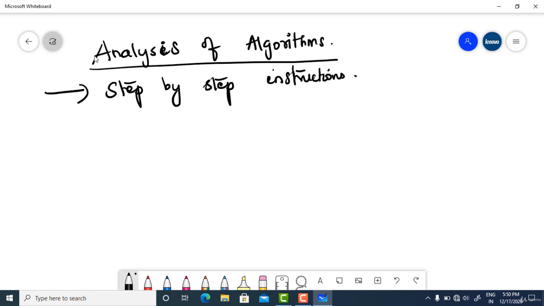It always answers some question, guys. For example, how to make pasta, how to make bread toast, right? These are questions where you can give step by step answers. Step 1, do this stuff. Step 2, do this stuff, like that. So an algorithm works very similar to that. An algorithm is nothing but a step by step instruction which will do a particular task.